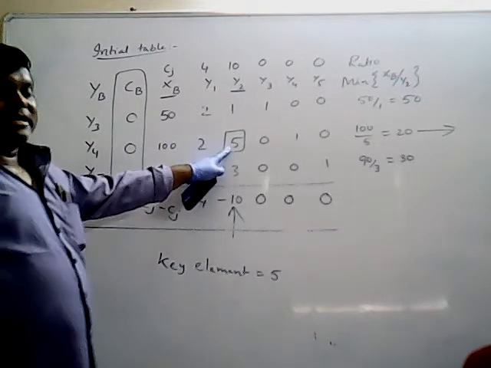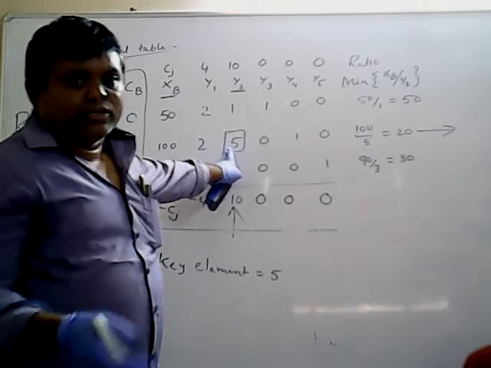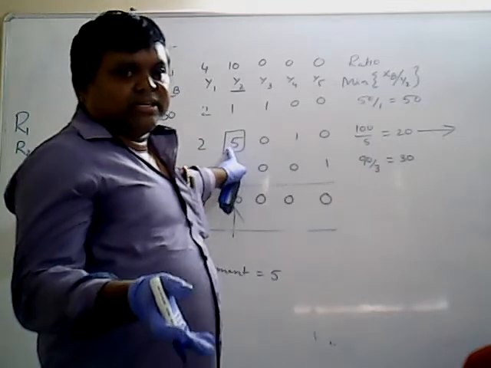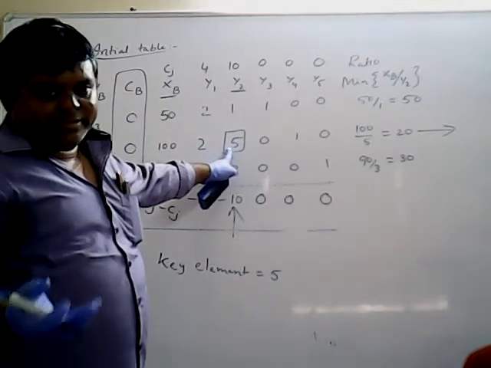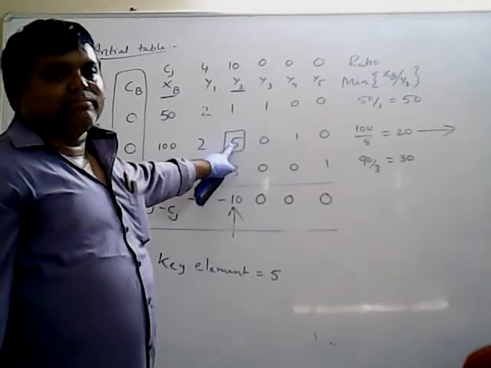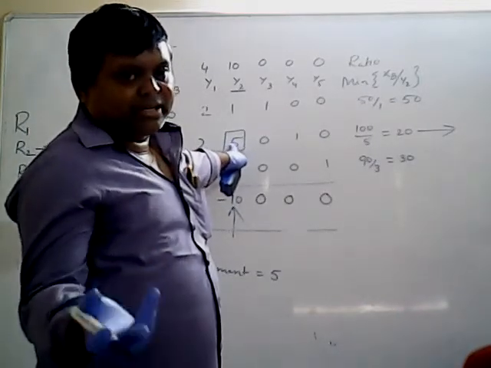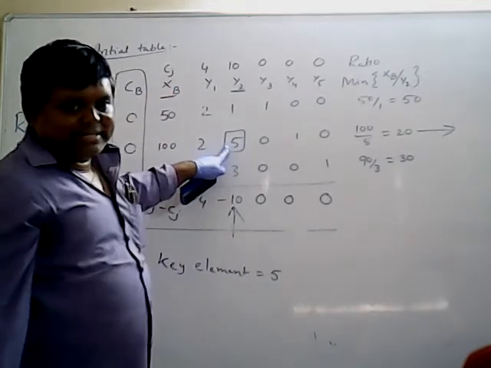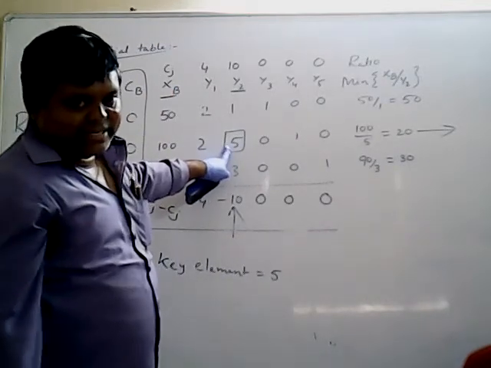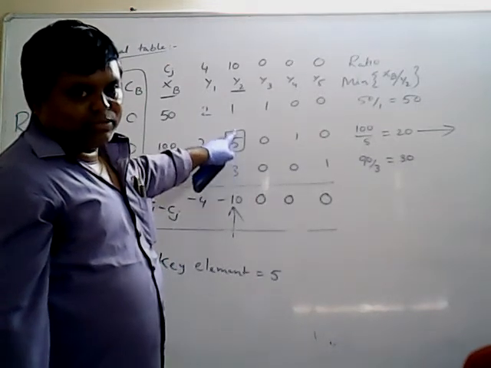So make the key element 1. How will you get 1 here? By dividing by itself. Suppose 5 is divided by 5. 2 by 3 would be divided by 2, 3. 3 by 5 would be divided by 3, 5. So make this key element 1. Whatever may be the element, that should be equivalent to 1. Suppose it is already equal to 1, no problem, divide by 1. If it is not equivalent to 1, make it equivalent to 1 by dividing by itself. Whatever may be the number, dividing by that number automatically gives 1 here.